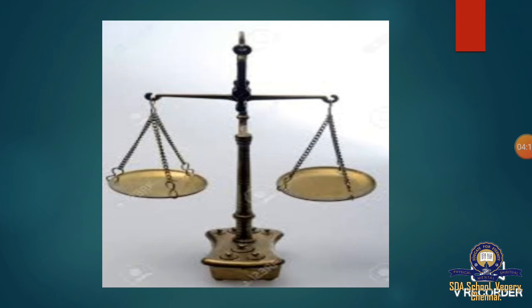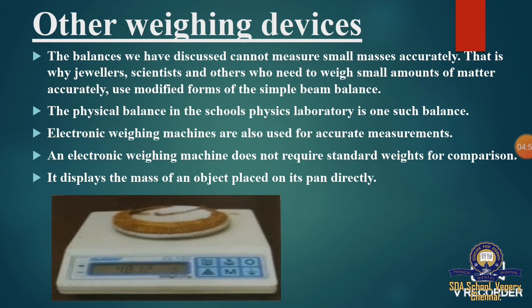To find the mass of an object with a balance, we compare it with the known mass of standard weights. The object is placed on one pan. For example, here we take the apples in one pan and, in the other pan, the standard weight of 1 kilogram. The beam becomes horizontal when the mass of the object is equal to the total mass of the standard weights on the other pan. The pan containing the heavier object goes down, and the pan containing the lighter object goes up.